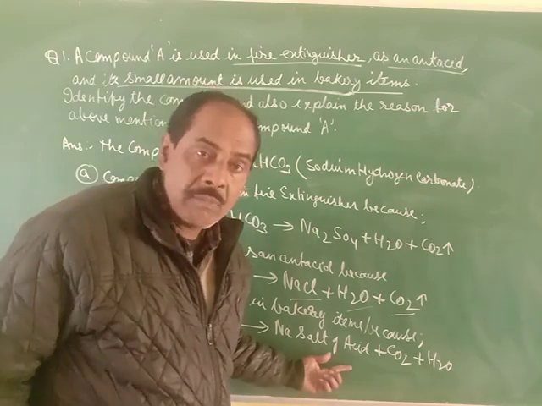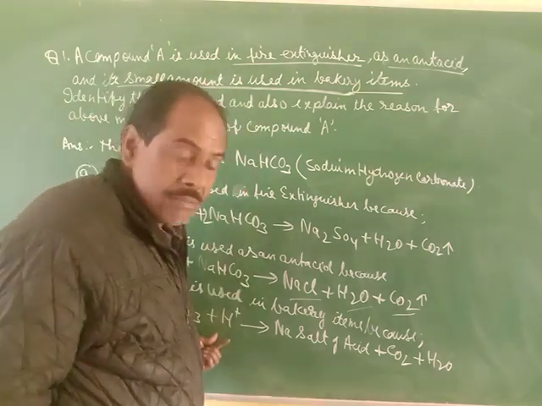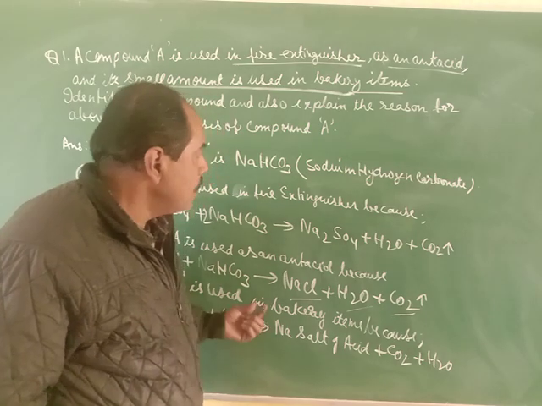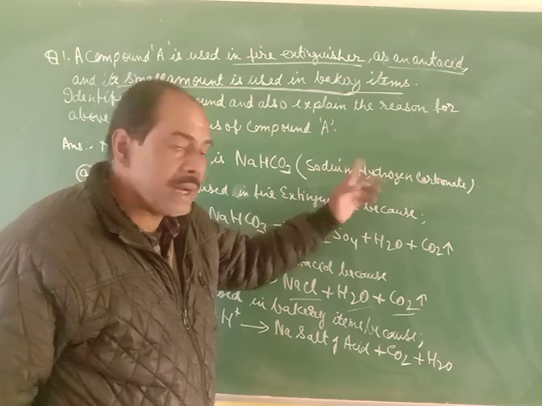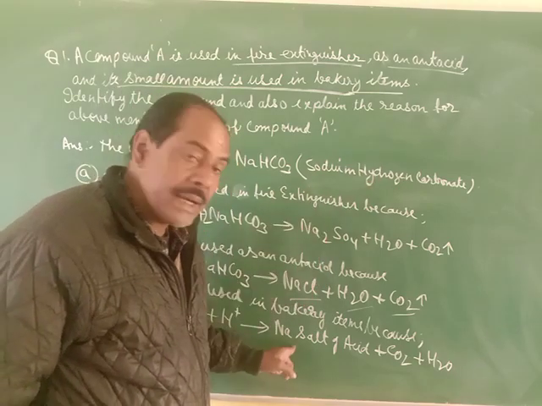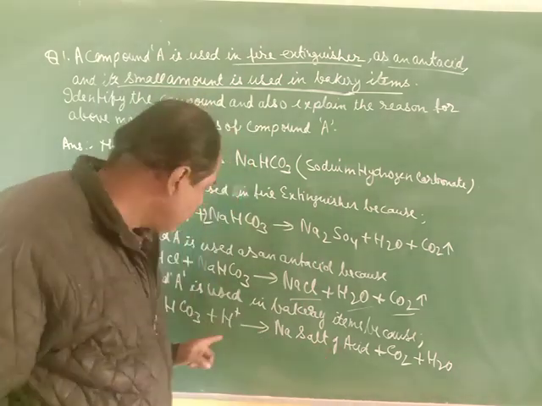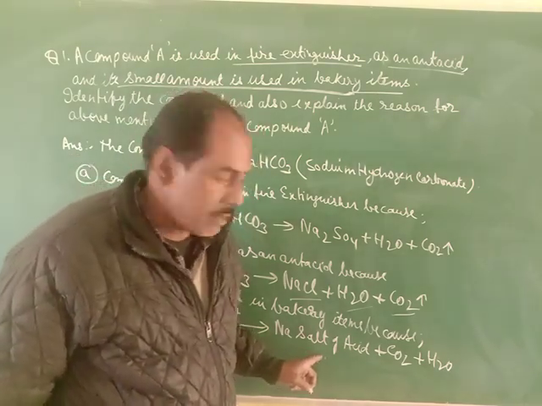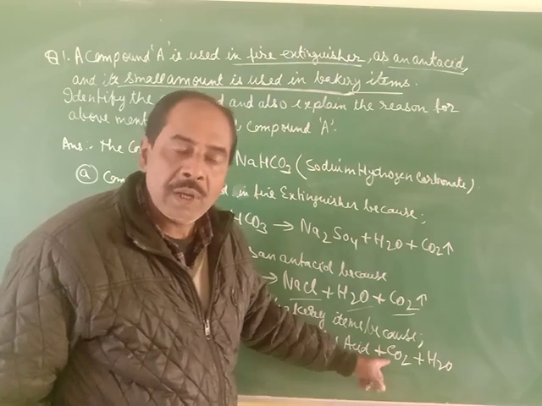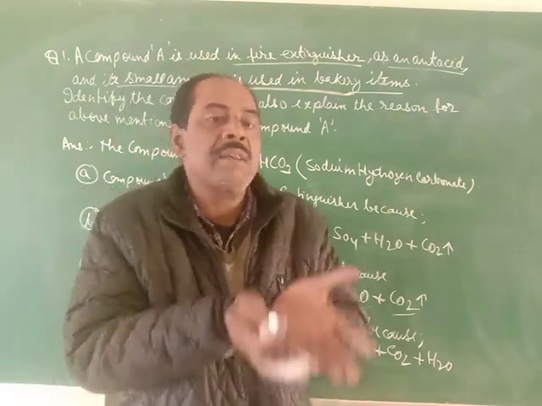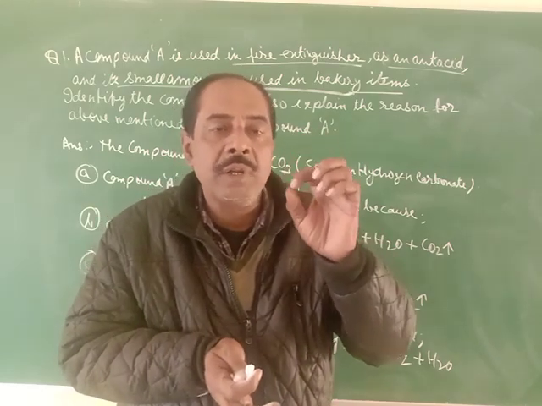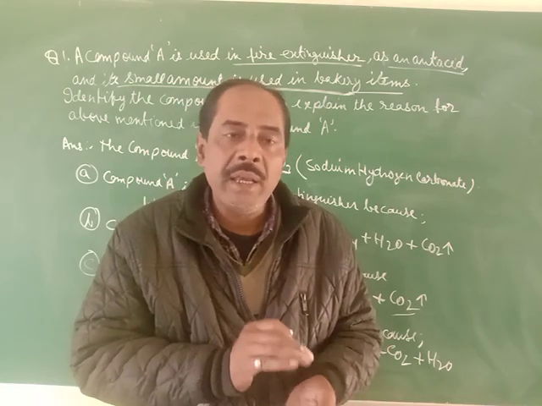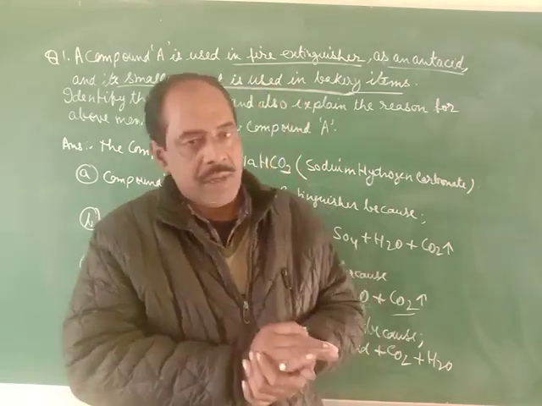Sodium salt of acid, we are adding tartaric acid in the baking powder. There is tartaric acid as well as baking soda, that is sodium hydrogen carbonate. What is the ultimate salt formed? Since we are taking tartaric acid, the salt will be sodium tartrate and carbon dioxide gas will be evolved. This carbon dioxide gas, when it rises above the dough, forms small microscopic pores in the bread or cake, thereby making it soft and spongy.